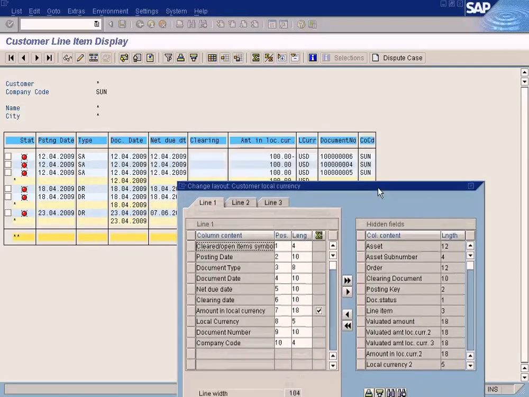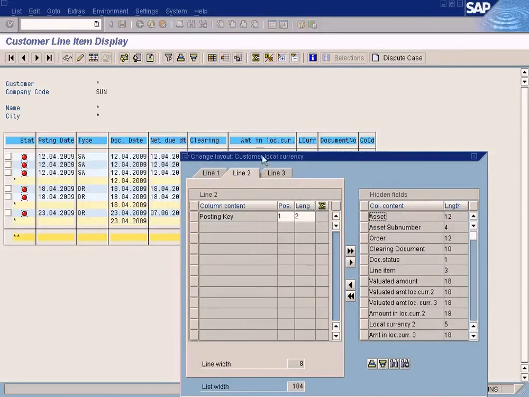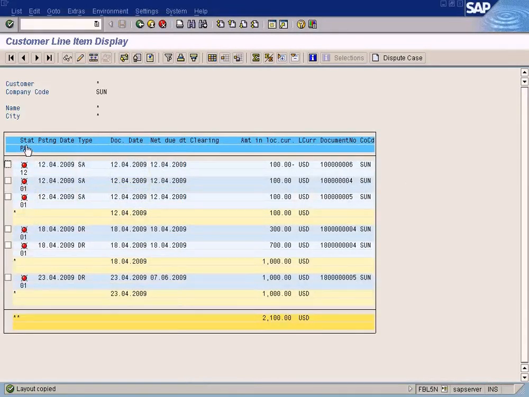Then you can also, you see this tab here, the line 1. Let me show you what you can do in the line 2. Let me see, posting key. I can choose the posting key in the line 2 and click OK. See what happens. See, the system has created one more line to show the posting key,